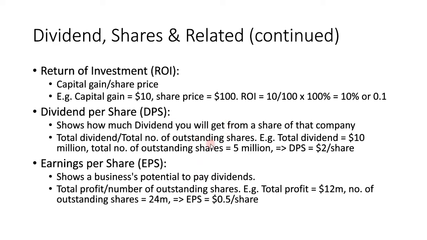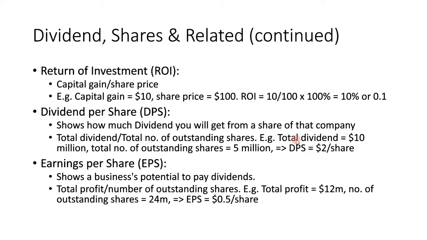Why are there outstanding shares? Because the owner or the founder of the company might keep back some of the shares for themselves, so they will not be posted. Let's say a company has 12 million shares. That's the total number of shares. But the founders or the owners keep back, let's say, 2 million shares. So the outstanding shares is only 10 million shares. Okay, coming back to dividend per share, an example is total dividend is going to be 10 million that year. Total number of outstanding shares is going to be 5 million, and so the DPS is